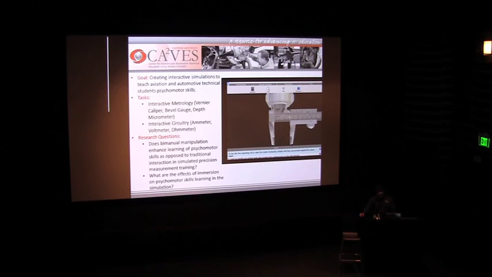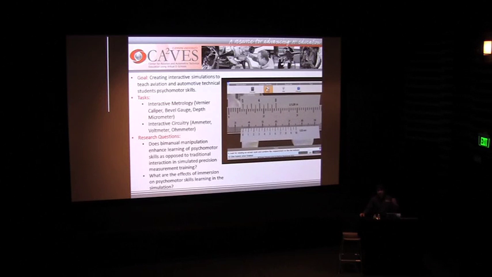A student of mine has facilitated a two-handed interaction metaphor in these precision measurement exercises, and we are examining the impact of this bimanual interaction versus traditional mouse and keyboard-based interaction, or a 2D interaction using two mice. The key question is, what are these effects on psychomotor skills learning? But anyway, I'm not going to talk more about these projects. I just want to give you a highlight.